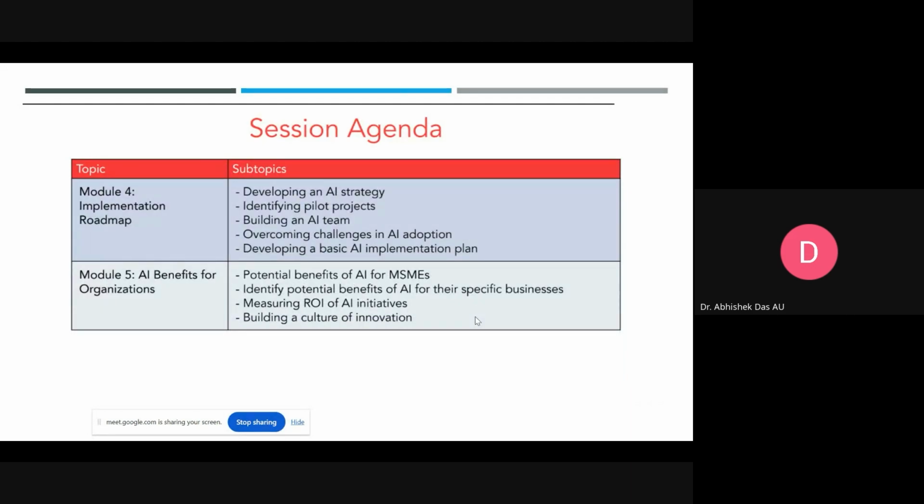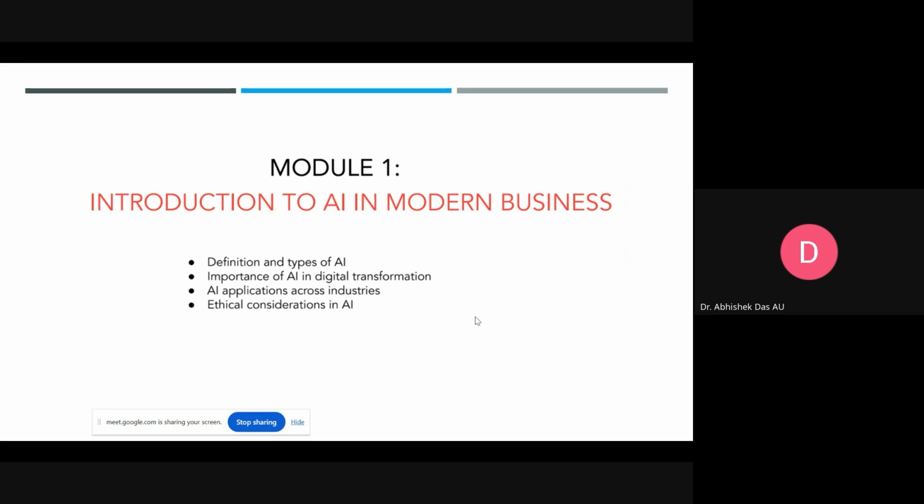And we will also try to discuss the implementation roadmap, where we'll discuss the AI strategy, building an AI team, overcoming challenges in AI adoption, as well as developing a basic AI implementation plan. And finally, how AI is benefiting organizations. We'll discuss the potential benefits of AI for MSMEs, as well as building a culture of innovation. So